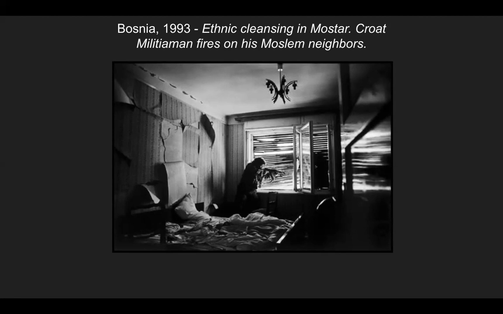The use of backlighting in this photograph makes it so the viewer can only make out the silhouette of the militiaman and his gun. The rest of the room is lit only from the light coming through the window, which combined with the black and white style creates a very grim image. The title of the photograph is not something you see often today, or even during the 90s in America. This is why Nachtwey's work was important in the sense that it was exposing people to issues around the world.